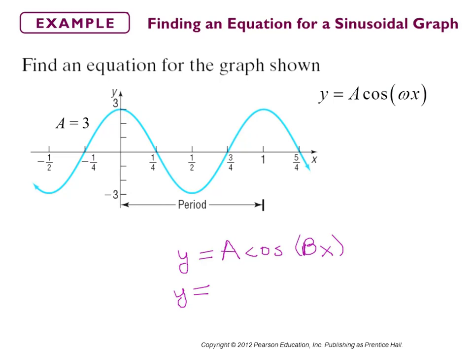Looking at the graph. Exactly. A is 3. The amplitude is 3. The amplitude measures from the center to the top, or the center to the bottom. Either one. Notice this is 3 and this is 3. Okay, so the amplitude is 3. It's not 6. So we have 3 cosine, and then we have